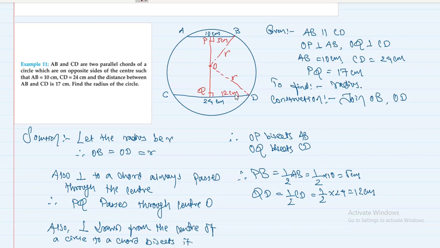मैंने पहले क्या किया, मैंने ये प्रूव किया कि OB और OD को ज्वाइन करके कि दोनों इक्वल है बिकॉज दोनों रेडियाई ऑफ द सर्कल है, तो दोनों का R ले लिया. देन आई प्रूव्ड दैट परपेंडिकुलर ड्रॉन to a chord always passes through the center. राइट। तो OP और OQ दोनों परपेंडिकुलर है, तो O सेंटर होगा, POQ स्ट्रेट लाइन होगा। ऑल्सो परपेंडिकुलर ड्रॉन फ्रॉम द सेंटर ऑफ द सर्कल बाइसेक्ट्स द कॉर्ड, सो P मिड पॉइंट होगा, P मस्ट बी द मिड पॉइंट।